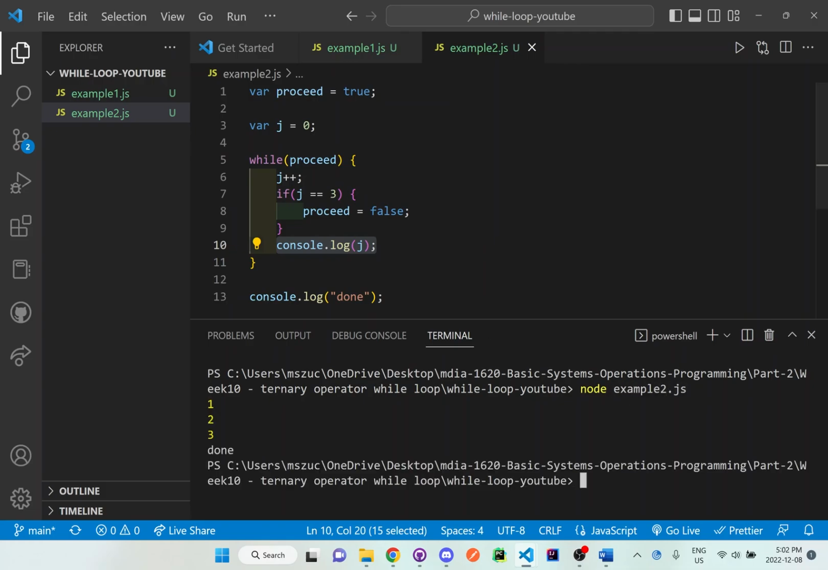example2.js, and you can see here as it loops through in the while loop, j++, it's 1, so console logs 1. It skips the if statement because 1 is not equal to 3, so it just console logs out 1. It goes down to the bottom of the while loop. It says, oh, let's go back up to the top. Is proceed still true? Yes, it is. So let's increment j by 1 again. Now it's 2. Is 2 equal to 3? No, it's false, so skip it, and then just go to this console log, print out the value of 2,